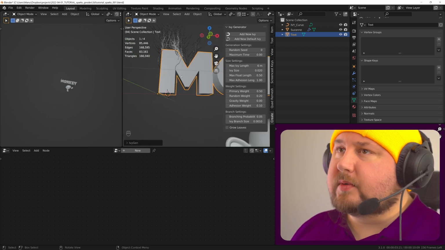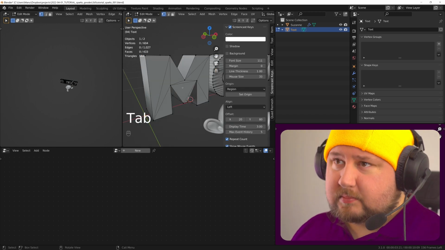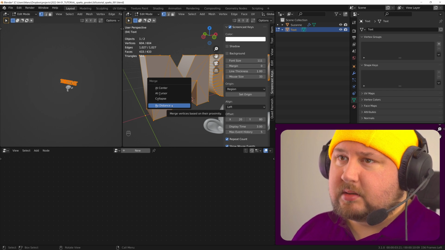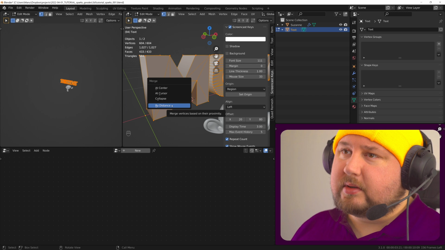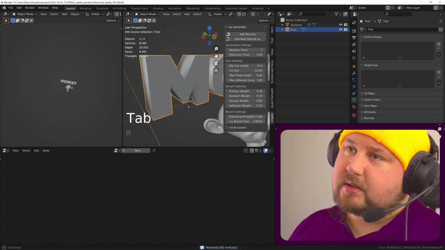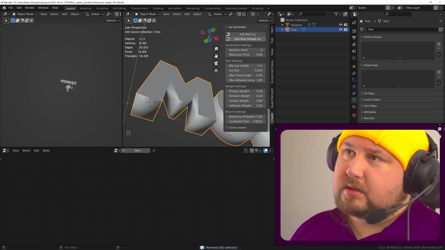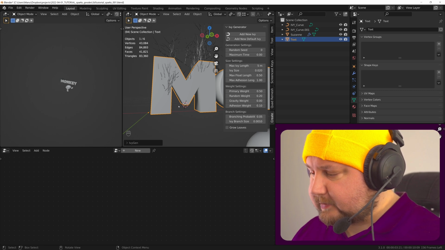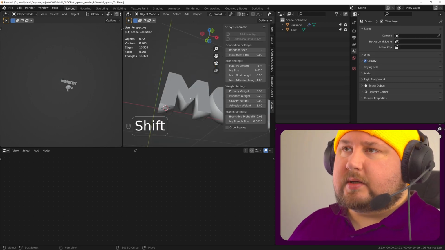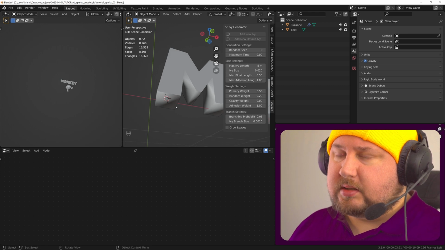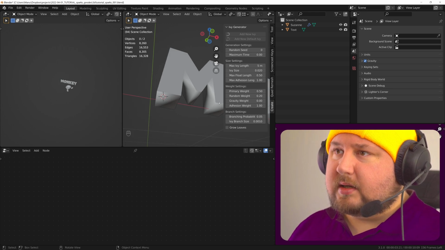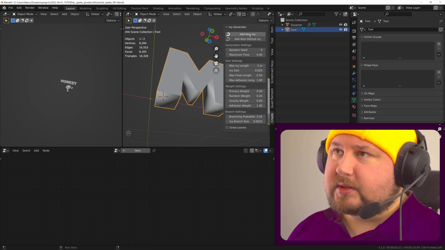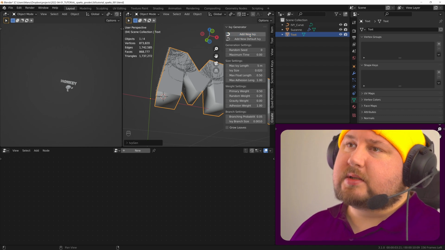That is not what we want. I will try if I merge by distance, by pressing M, selecting all vertices and pressing M, if this helps. It does not help. Okay, let's start over. I played with my settings and it seems that the adhesion weight needs to be 1 as well. So now when we select the object and add a new ivy, it calculates a bit, but now